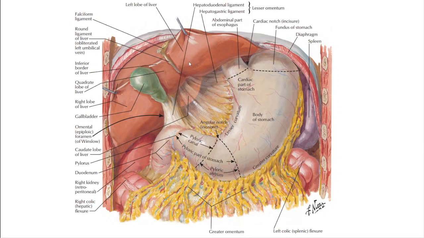Here, this liver has been retracted upwards. Otherwise, the inferior border of the liver is lying like this, and the gallbladder also is lying under cover of the liver. Here we have held the inferior border of the liver and pulled it upwards, retracted it, to show the inferior surface of the liver. Here, the lowest part of the caudate lobe is visible, which forms the lowest part of the inferior surface of the liver.